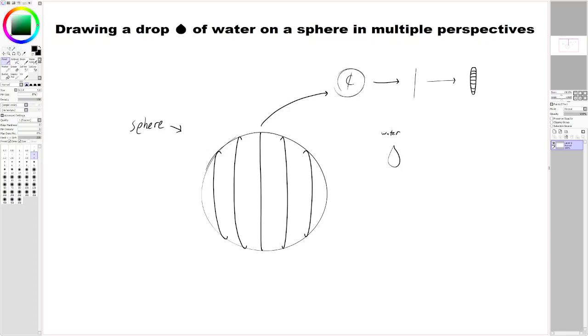So I think I should draw our teardrop in blue. Yeah, I think that's a good color. And I'll try to fill it in for you to really show you. I could draw all this in black, but I think doing it in a different color could help make it